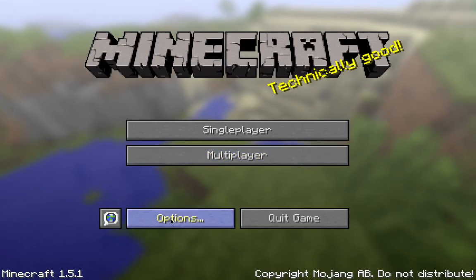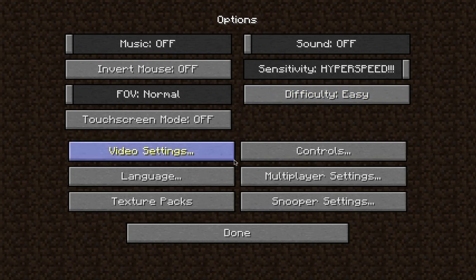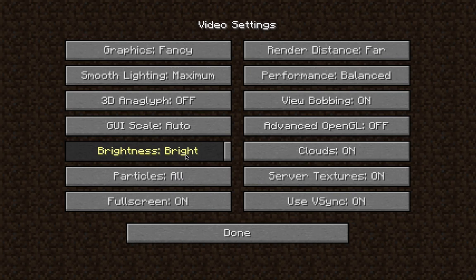Anyway, so let's look into the options screen. Now, if you were in Minecraft gameplay, you'd push the escape key to get in here. In Minecraft 1.5, this is what you would do. You can do touchscreen mode, which I don't know what that is for. I think it allows you to just click on things easier or something. You can go into video settings where you can set your graphics,